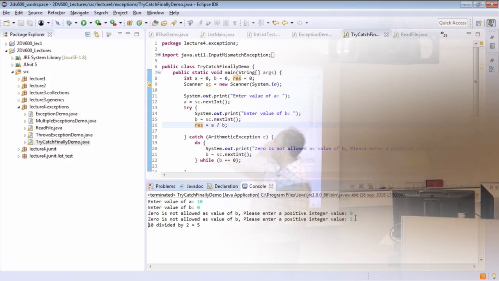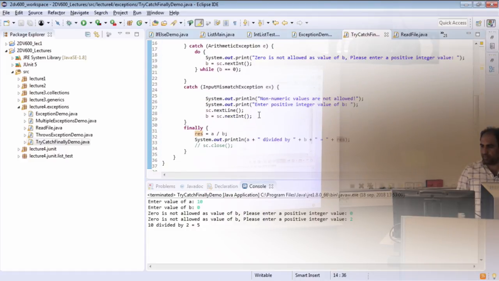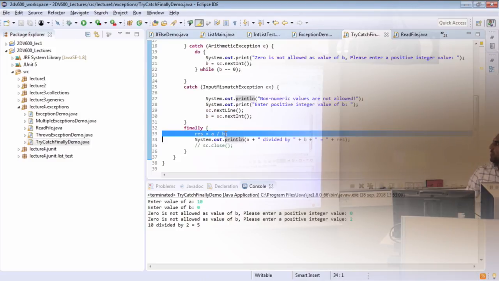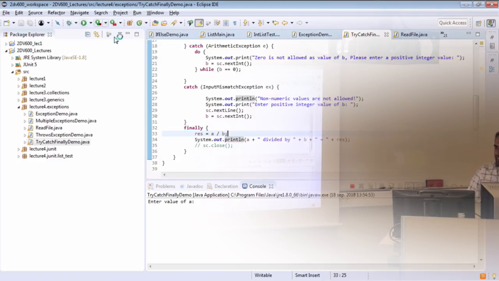From the catch block it goes further to the finally block, and in the finally block it computes the result and prints it. Okay, another case might be if we run it again